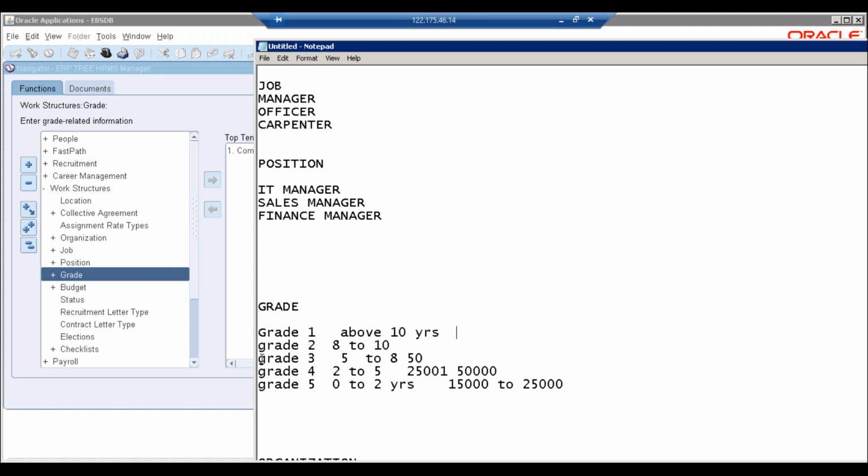We'll assign this grade. Which grade will we assign, either grade 3 or grade 4? He has more than 5 years, so 5 years is crossed, this is the first month. So obviously we'll assign him grade 3. The system will consider the grade assignment based on the years and the experience, and will consider only 50 to 80,000. If you offer him 90,000 per month, the system will not allow it, because